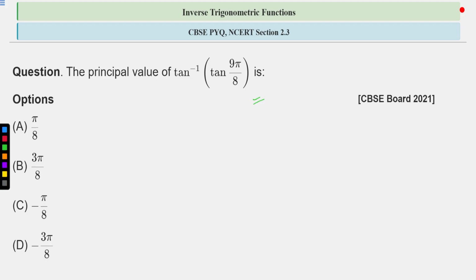right? And we have to apply the property of tan in such a way that we can write tan inverse tan theta in such a way that theta should become in between minus pi by 2 to pi by 2, right? So in this way, you can try to approach this question. Okay, so let us move to the solution part. So I'm giving you 10 seconds to solve or think about this question. After that, we will move to the solution part.